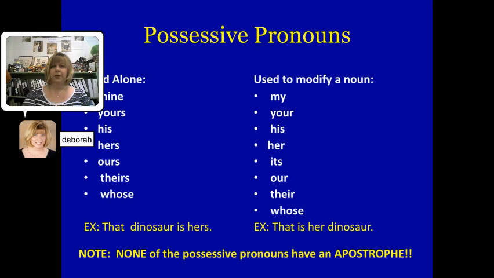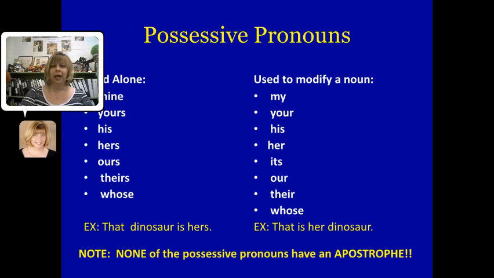Now, pronouns can be used to just stand in for a noun for clarity and for shortening the language a little bit, but they can also be used to show possession, to show that something belongs to someone else. When you use a possessive pronoun alone, you get words like mine, yours, his, hers, ours, theirs, and whose, and you'll see that these also will change according to gender, like his versus hers, and according to number,